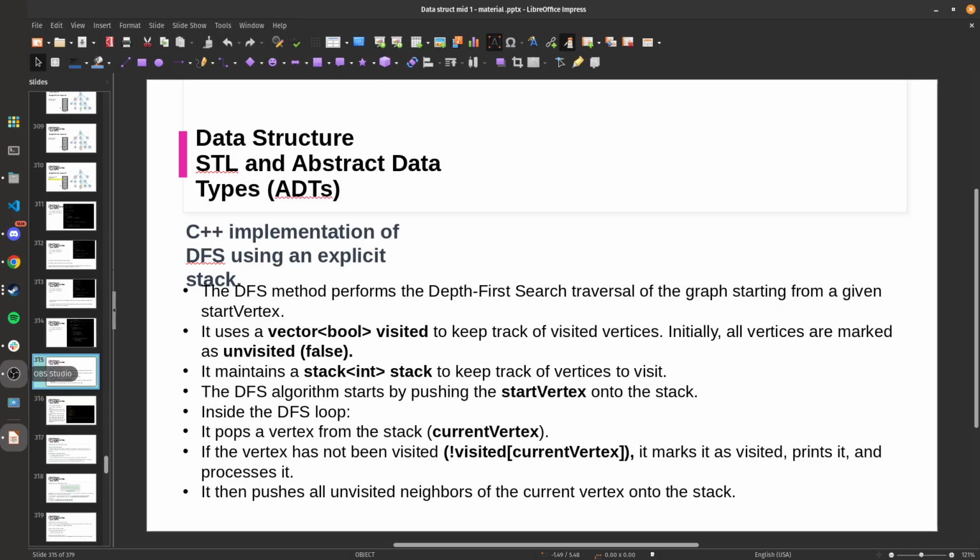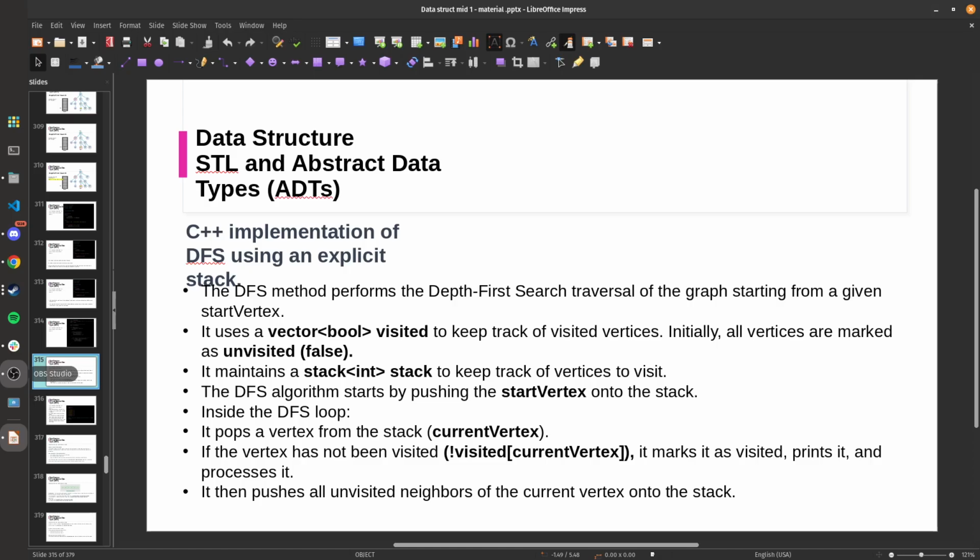And so basically, depth first search is a way to search through a graph, starting from a start vertex, and it uses a seen array or vector or list that is going to keep track of whether or not we've seen a node before. And it's going to start this off by first adding the start of the graph to the seen vertices, so the seen list, and it's going to iterate through